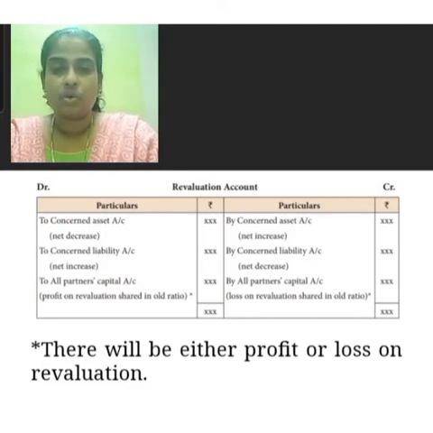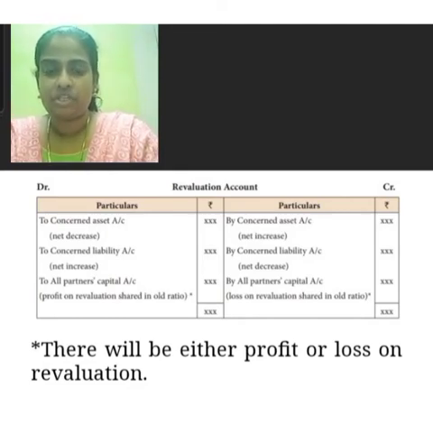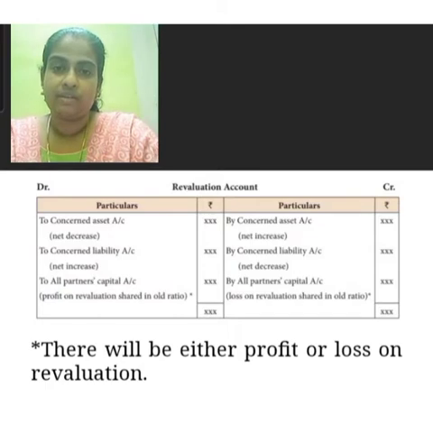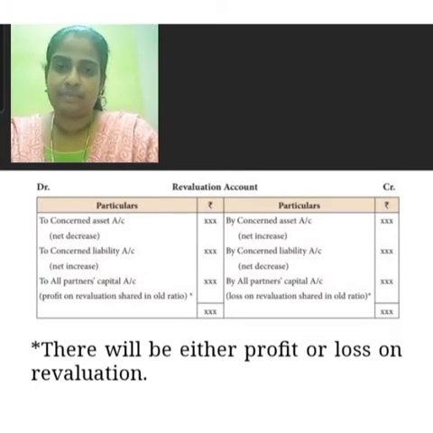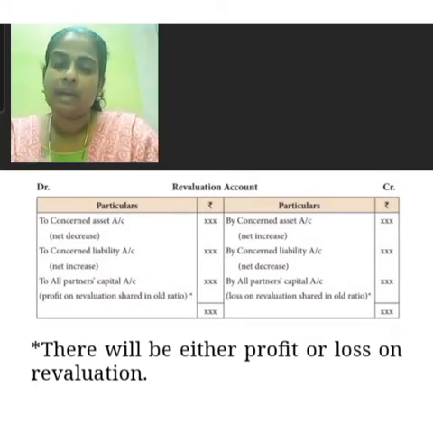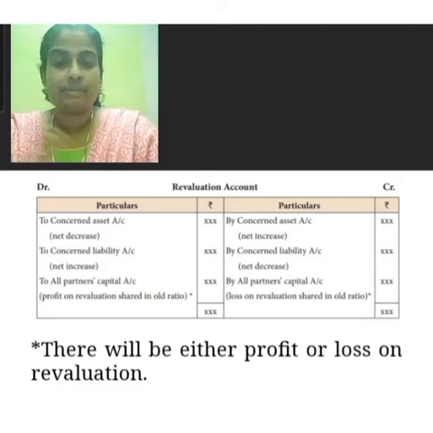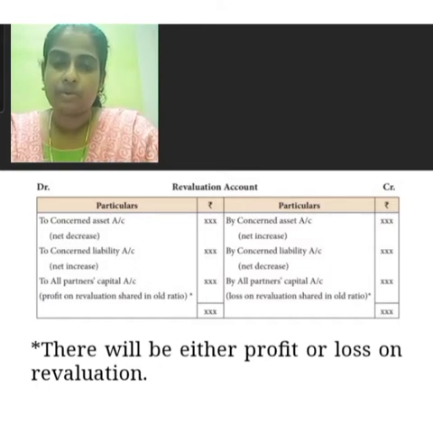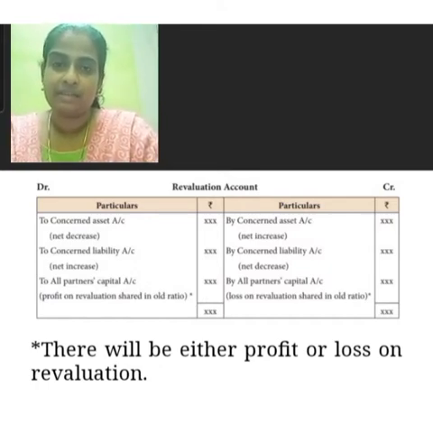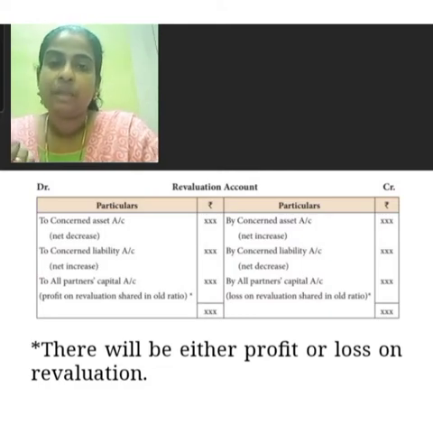Revaluation account is a nominal account in which first we want to record decrease in assets. Sometimes the value of the assets decreases at the time of revaluing assets. That difference amount should be recorded on the assets on the debit side. For example, the value of the plant equal to 80,000. After revaluing, the new value may be